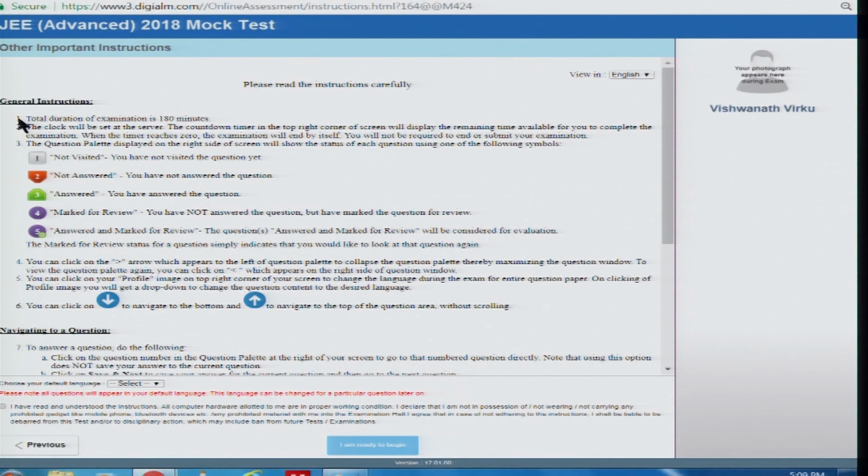In the general instructions, what we are listing here is that the total duration of the examination is 180 minutes, etc., and the clock will be set at the server. It means the clock of the candidate's terminal will be set at the server, and the countdown timer on the top right corner of the screen will come once the exam starts, not at the time of reading the instructions. That display of the countdown timer will be there for the entire duration of the test,